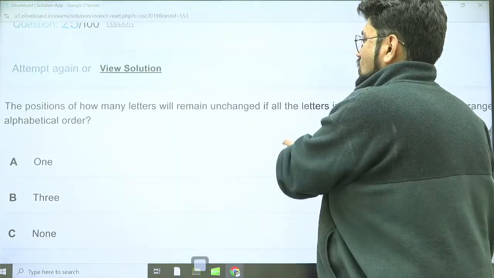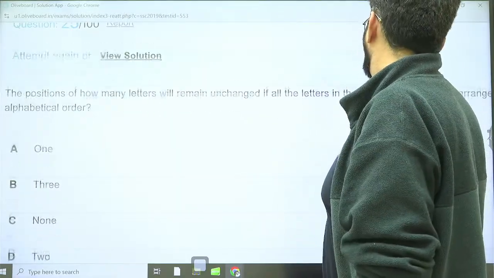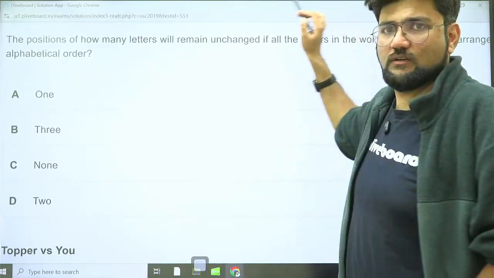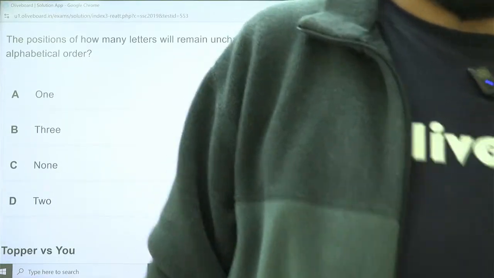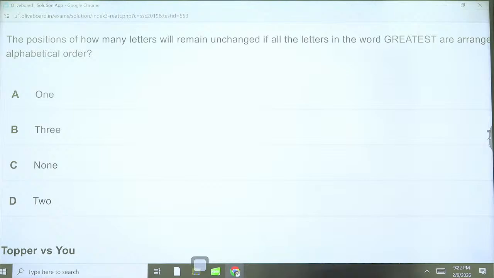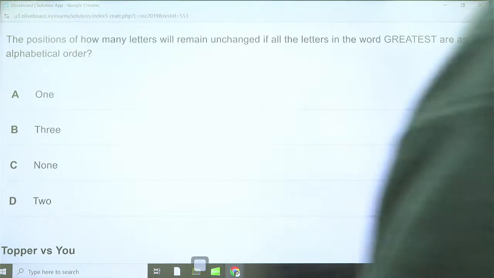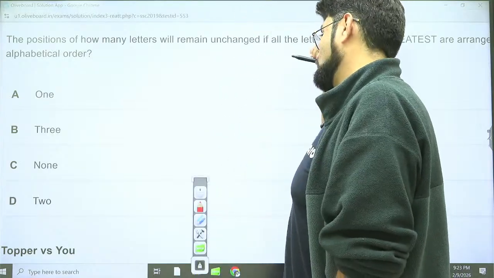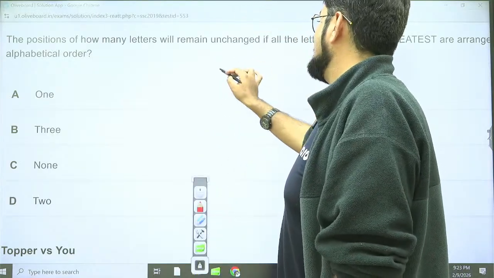Position of how many letters will remain unchanged if all the letters in the word GREATEST are arranged in the alphabetical order. I'm not showing you the full question here, but this is what they are saying. I'll just move out of the screen. So GREATEST we have to arrange in alphabetical order to check how many are not changing. We have two methods here. What we can do is write GREATEST,